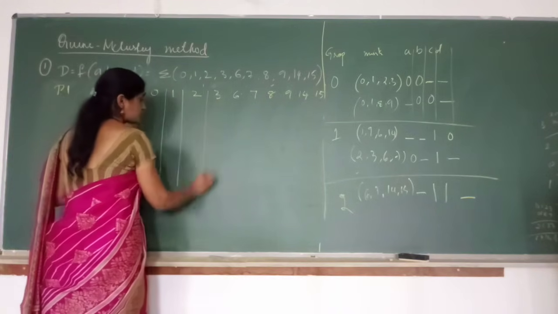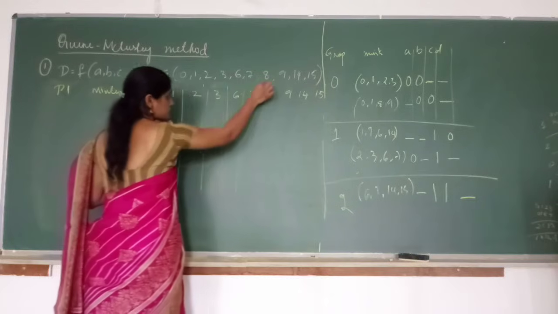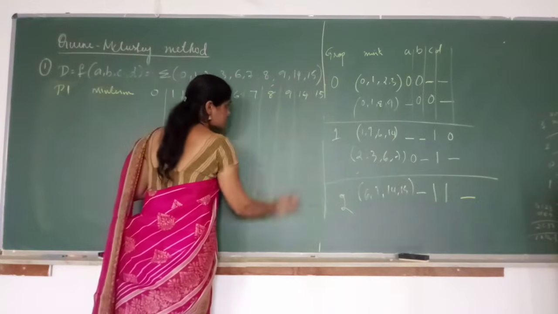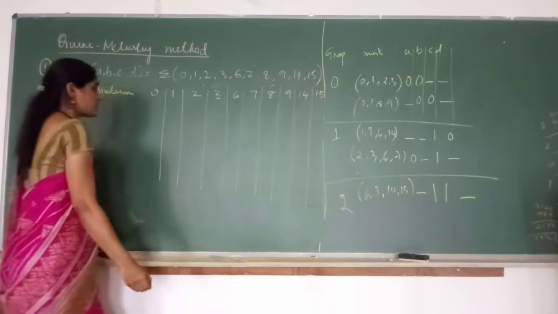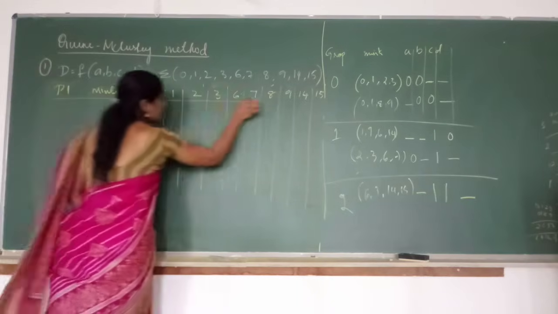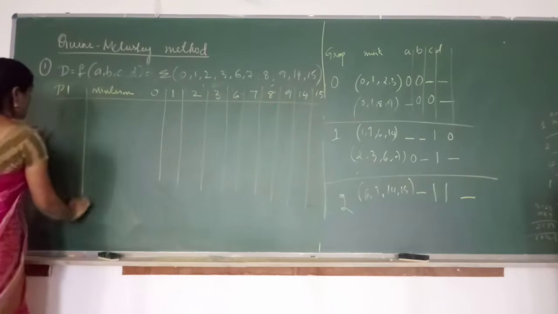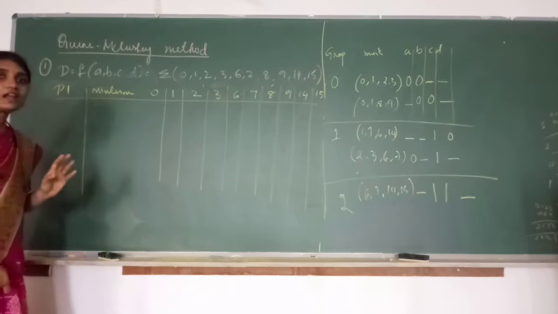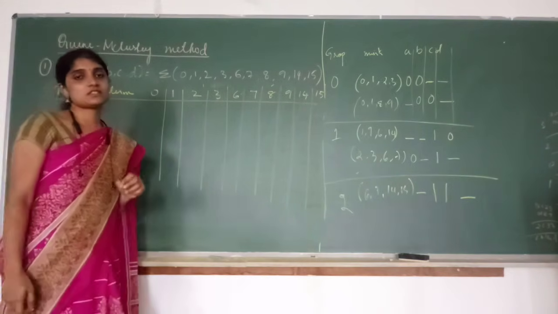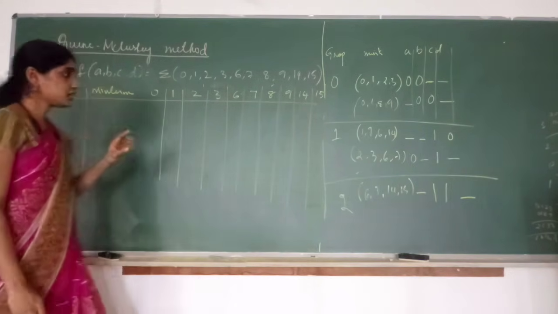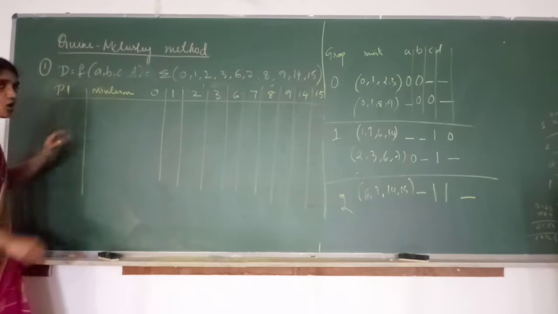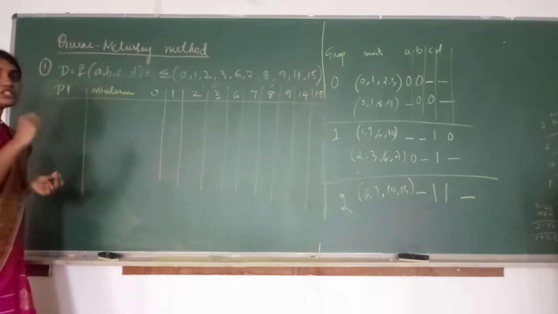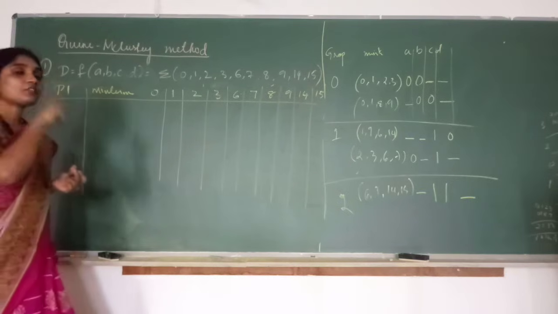As it is in the question, I am writing the min terms. Complete the question terms, the min terms; you just copy them here in the table. Now, here, you have to write all the unchecked groups. Let me repeat: in the prime implicant table, you are going to write all the unticked, unchecked groups. Start from the first table.